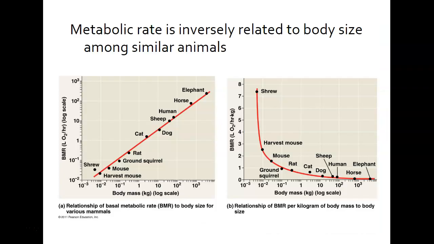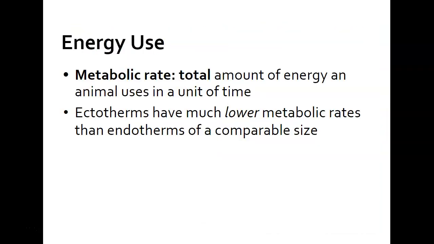So in terms of energy use, metabolic rate. We learned what metabolism was previously, but metabolic rate is the total amount of energy an animal is using per unit time. So it's kind of a function of how much metabolism is happening per unit time. Ectotherms have a much lower metabolic rate than endotherms of comparable size, and I'll show you some graphs in a minute. But what that's really saying is that